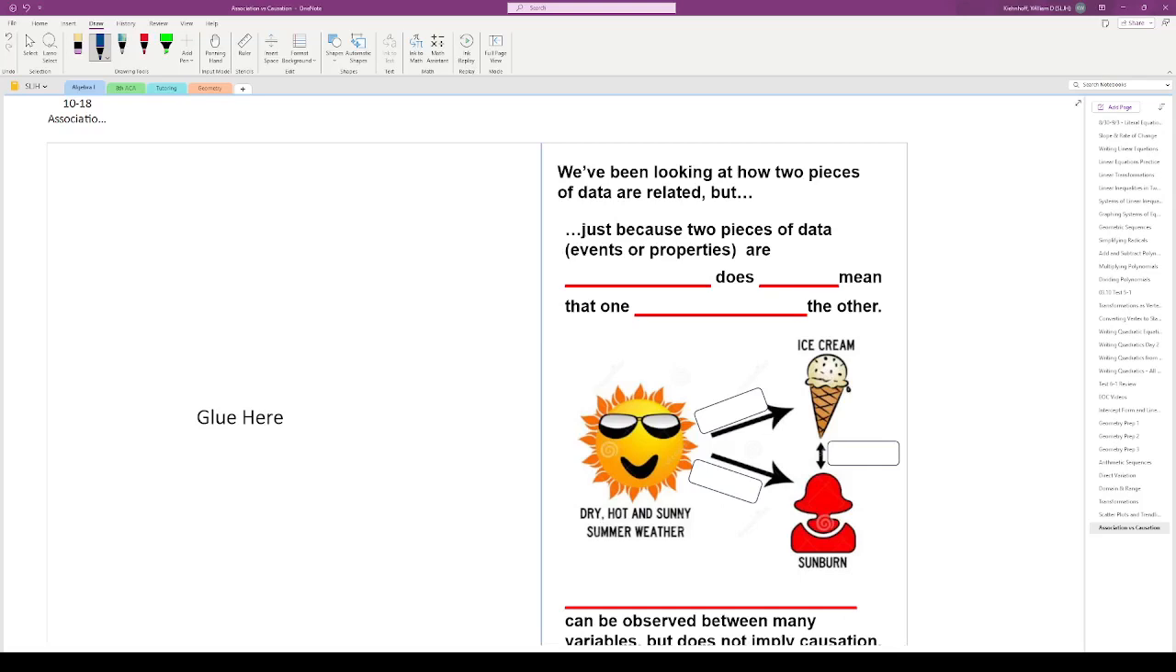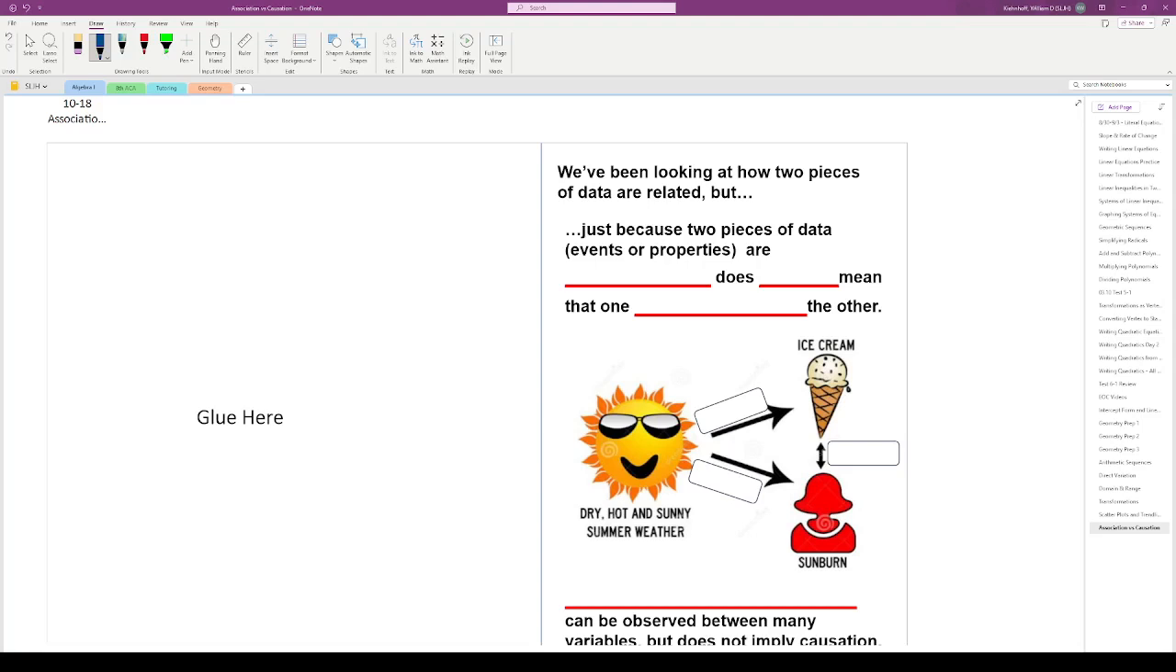Today we're looking at a topic called association versus causation. We've been talking about how data sets in a scatter plot and a trend line can be correlated. So correlation is another word for association. And then what we're doing here is trying to determine whether there's a cause and effect relationship. And one of the biggest logical fallacies that we make is assuming that just because two things are correlated,